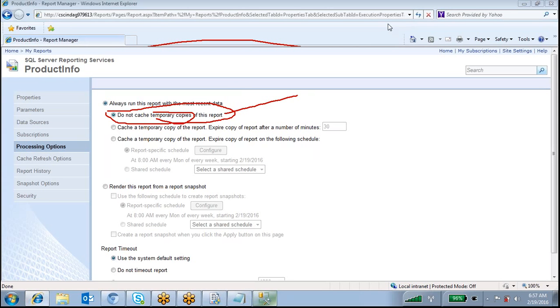If you want to make the caching, definitely you have to select this option: cache a temporary copy of the report. Whatever the report is browsing, that report you are going to keep in the cache and expire the copy of the report after a number of minutes. After 30 minutes, whatever the report is cached, automatically it will remove the report.